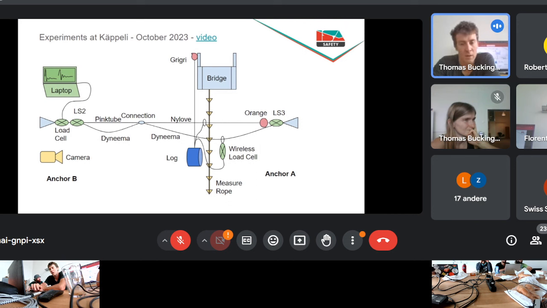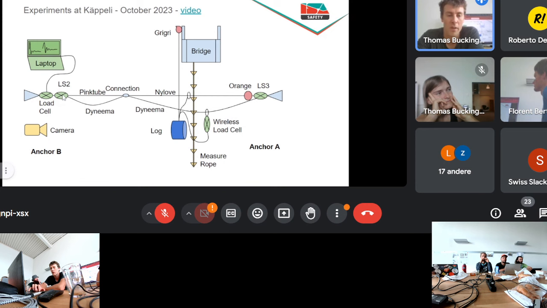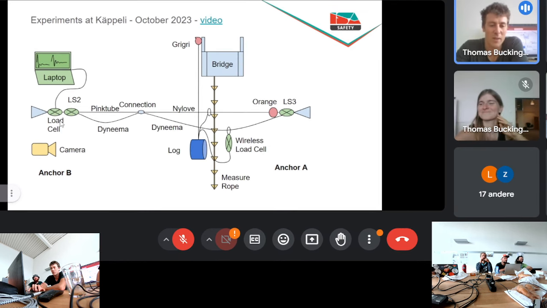And then there is a Line-Scale 2 and another load cell on the other anchor. So these two load cells should have measured the same thing. They didn't. We'll come back to this a bit later. This other load cell was 100 hertz. Line-Scale 2 is supposed to be 40 hertz, but well, we'll see. This other load cell was connected to the laptop.